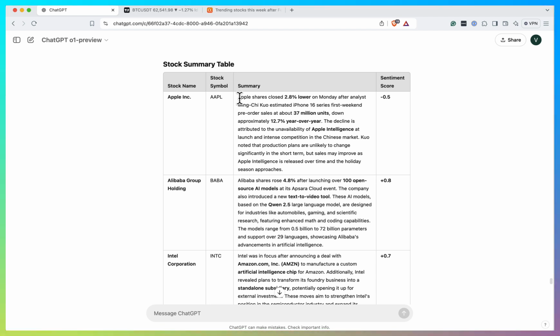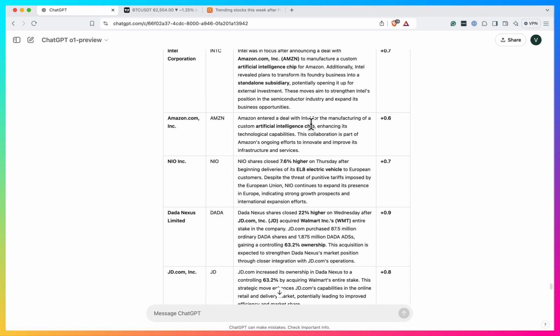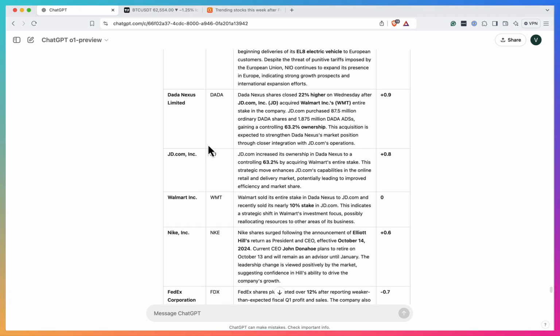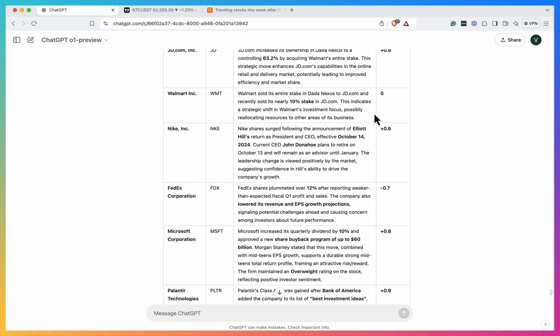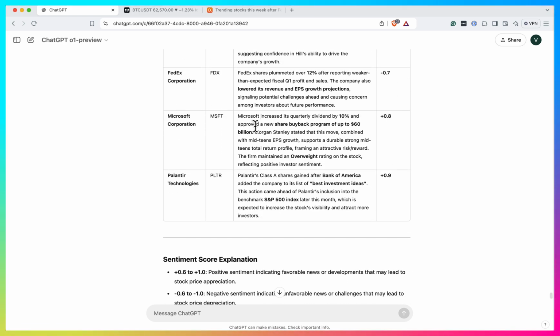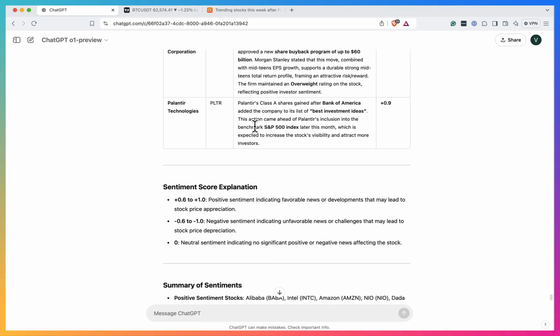For every stock we have a bit of a summary of what is mentioned in this article, and also a sentiment score. And we can actually read this summary to see if the score is correct. And I think this score goes from -1, where -1 is super negative, to +1, which is very, very positive. Here we can scroll through this article, find symbols you're interested in, or maybe you're interested only in longs or shorts at this point, and just get a better idea what's in this article without actually